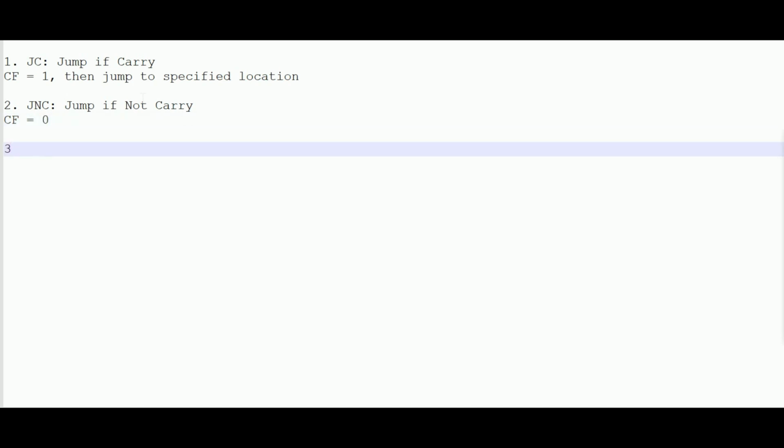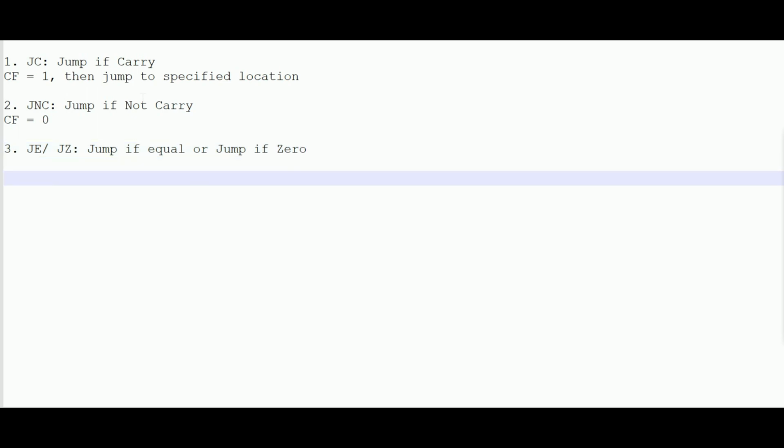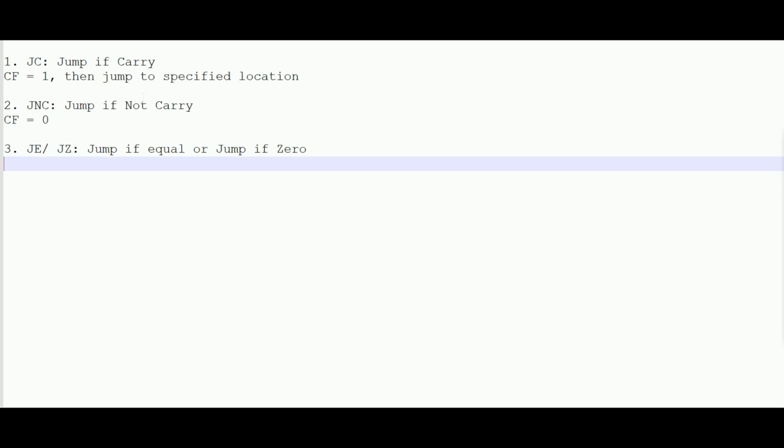The third instruction is JE or jump if 0. So jump if equal or jump if 0. Now when two things are equal, that is when both the things are subtracted from each other, the zero flag will be set to 1. So here we are making use of your zero flag. So if your zero flag is set to 1, then jump to specified